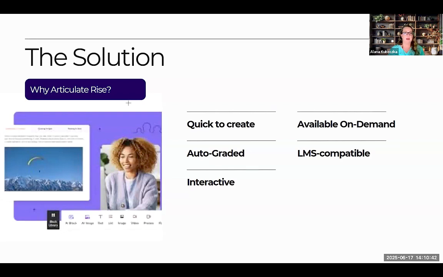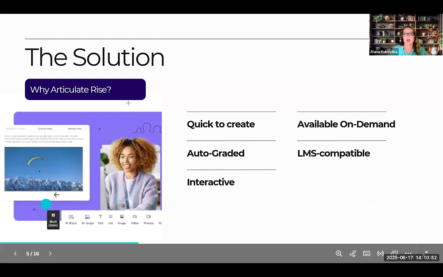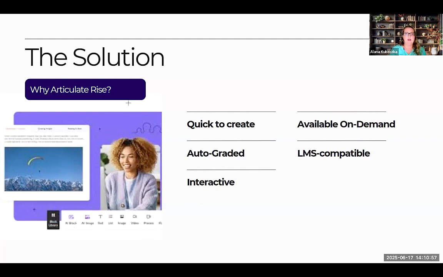I'm sure most of you are familiar with Articulate Rise as well. It is available on demand, which is great for asynchronous courses because there's never a limit to it. Also, it's great for every kind of device. It is easily seen on a tablet, on a phone, on a laptop. And as I said, it is LMS compatible, right? So what I'd love to know is, of the benefits listed here, let me put this in the chat too, because I know I hate it when I'm in something and they ask a question and I'm like, wait, what did they say? Of the benefits listed here, interactive, on demand, LMS compatible, all of the things that you see on the screen right now, which of them do you think have made the biggest impact on your own design work?